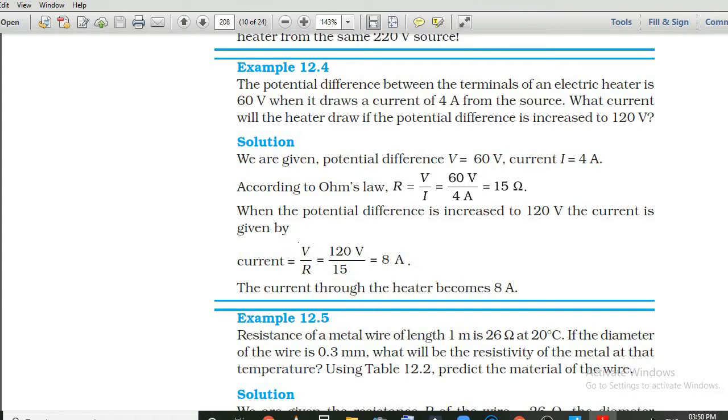So why did we calculate resistance? Because even though the other factors changed, resistance is the same in both situations. That's why from the first case we calculated resistance, and by using the value of that resistance we calculated current in the second situation. Thus, see the last equation, I is equal to V by R. That is new voltage but same resistance. Previous or new, all are the same. 15 ohm. 120 volt divided by 15 ohm, we will get 8 ampere. Okay, do you understand?